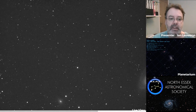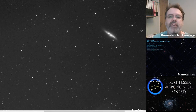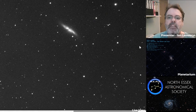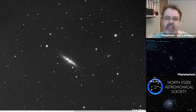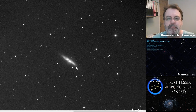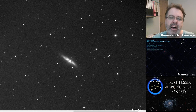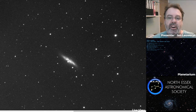If I zip over, so we've zoomed in a bit here, I'll get a bit closer to it again, so you can take a little bit of a look. Quite hard to see, but can you see it's quite lumpy here? There's a lot of dust, a bit like the dust lanes we've got in the Milky Way and the dust lanes you saw in Andromeda, but they're not going in nice, neat lines around the middle of the galaxy. They're all sort of pulled up and down. And if you had a slightly better image, which I don't have here, unfortunately, this one's not brilliant, you'd see there are whole massive tendrils of gas coming out above and below in all directions from M82. And the reason for that is that interaction with the